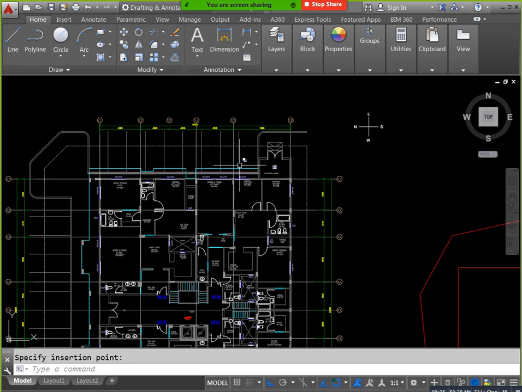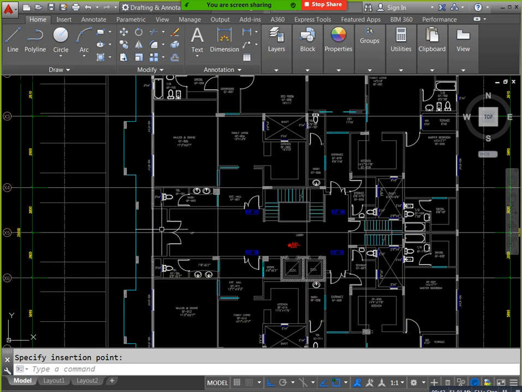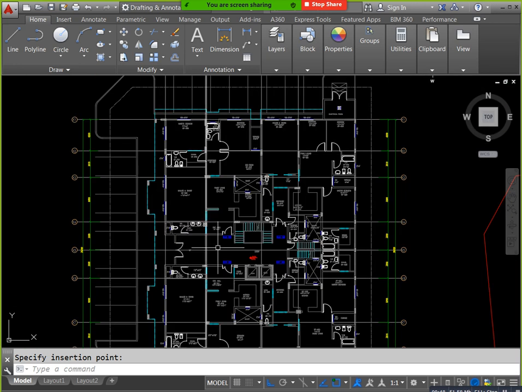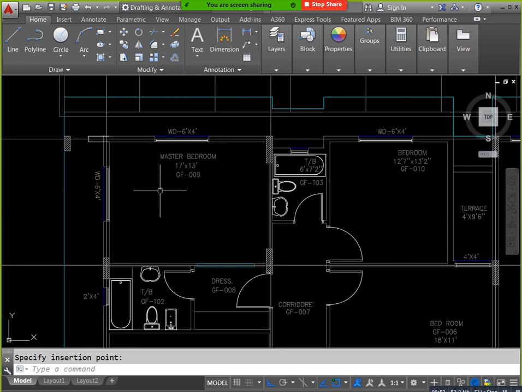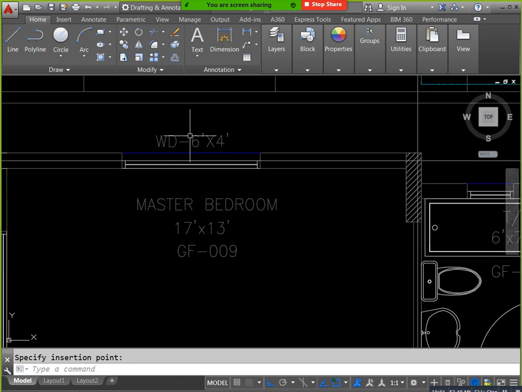Our entrance is in the north. Just see it coming like this, so our entrance is in the north. Now when you calculate your building condition, which is window and which is door, you need to remember that. For example, here we have windows, WD. A window is indicated by WD. This is the window width and height. 4 feet width, 6 feet height. You will consider it like that.